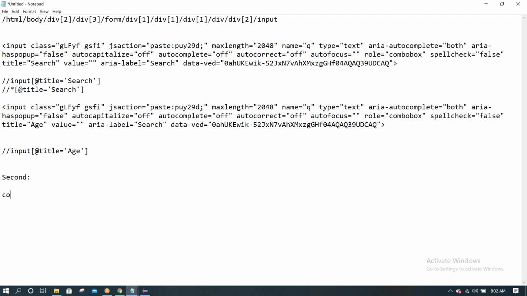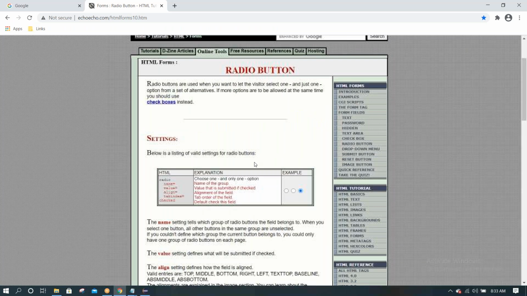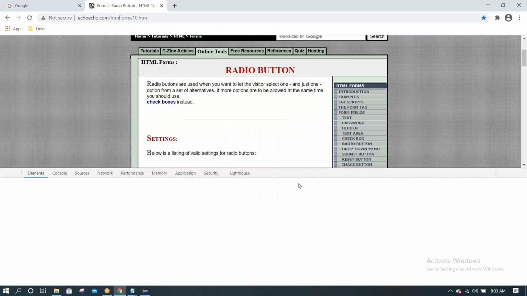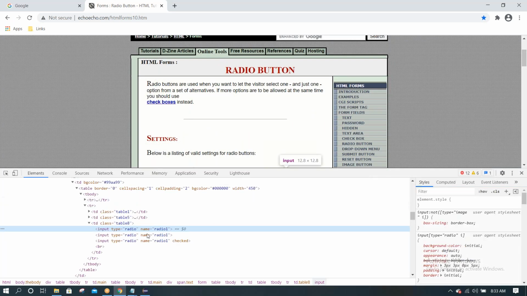Now I want to count all radio buttons in the page. Count all radio buttons in the page. Inspecting the element: input type equal radio, name equal to radio1 is there.